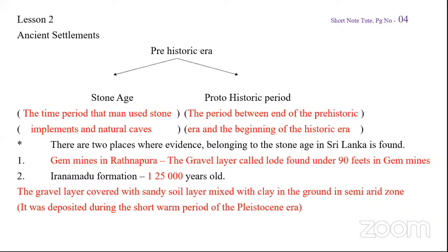This layer was initially found in the Iranamadu region, so that's why we call it the Iranamadu formation. This layer is 125,000 years old. So these are the two places, and you highlight gem mines in Ratnapura and Iranamadu formation. They sometimes come as MCQs, sometimes as structured essay questions. Then they will ask what are the two places where the evidences